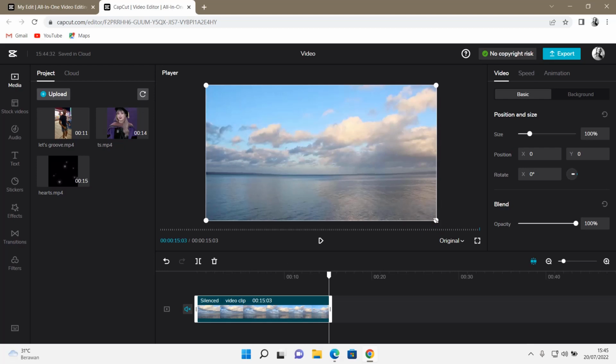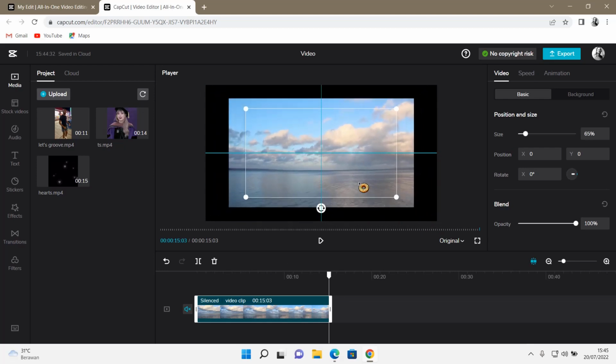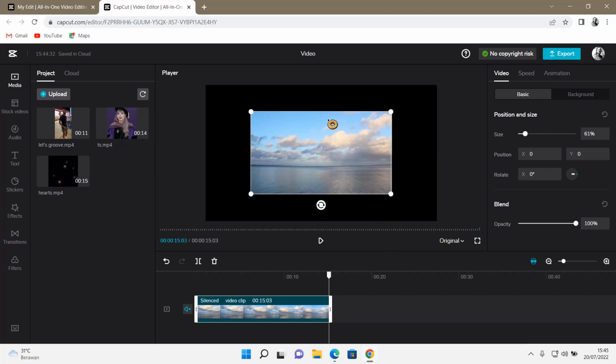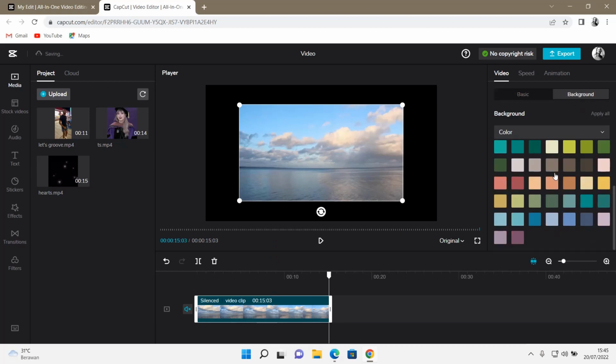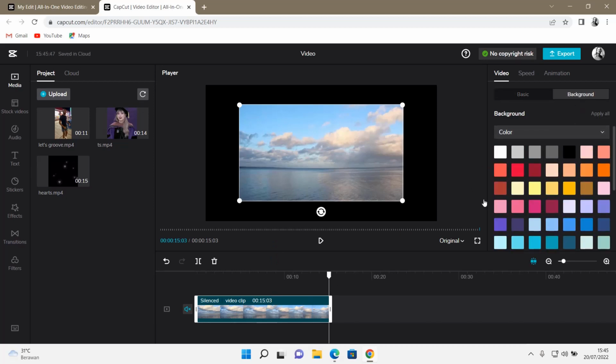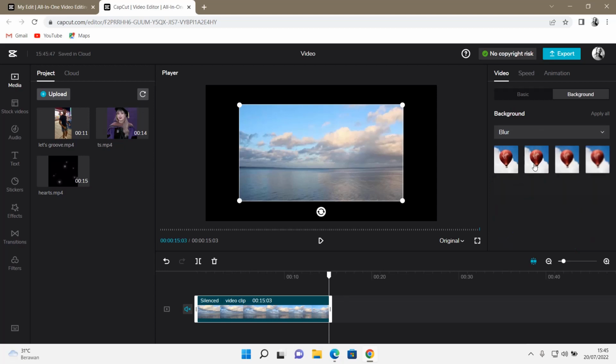Just going to resize it to just show you the background later. For instance, you resize it small and you want to have a blur sort of background surrounding these sides. So just click on the video, you have to select it, go to background, and then as you can see there isn't a blur one here, but you have to actually click the options and then choose blur,